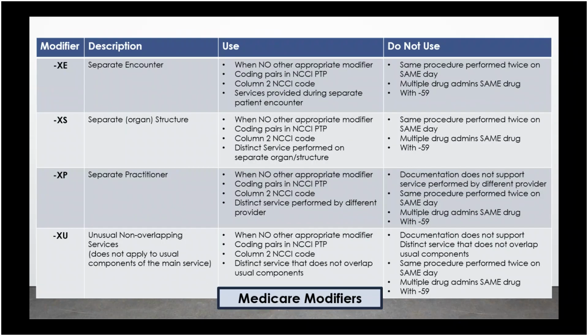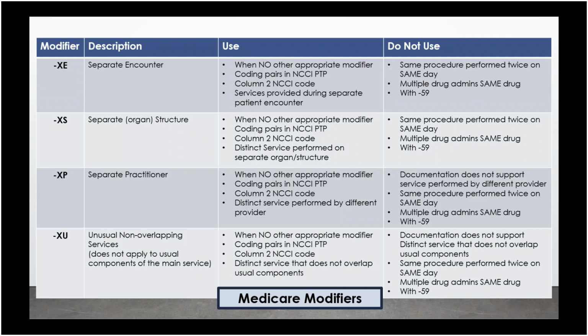Finally, these are our Medicare modifiers. With our Medicare modifiers, we have XE, or separate encounter, XS, separate organ structure, XP, separate practitioner, XU, unusual non-overlapping services, normally what you consider 59. So any of these can be used instead of 59, because Medicare felt that 59 was overutilized, so they wanted specifics on when you would assign those. Use when no other appropriate modifier is available. Coding pairs of the NCCI